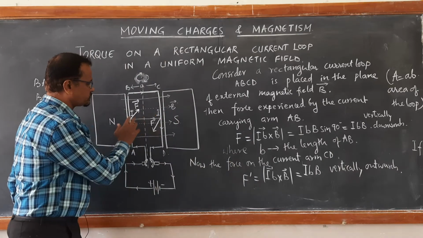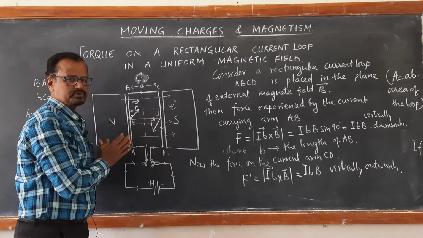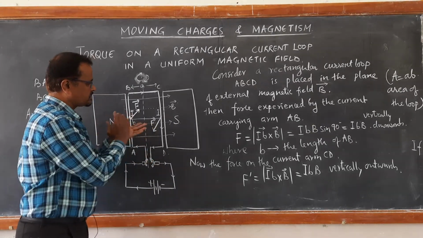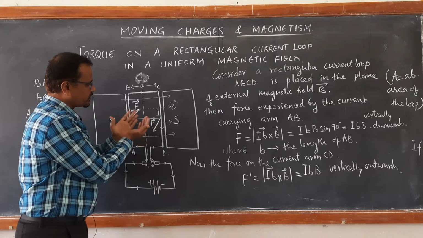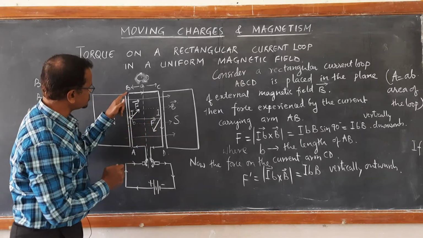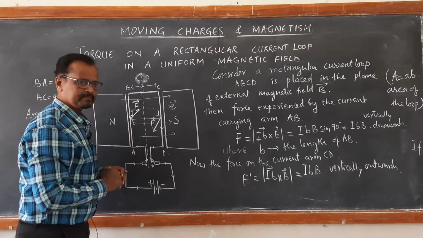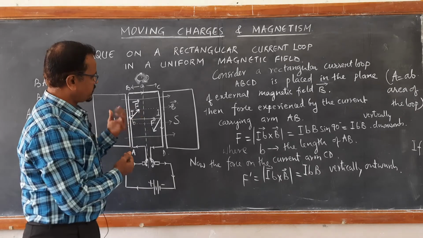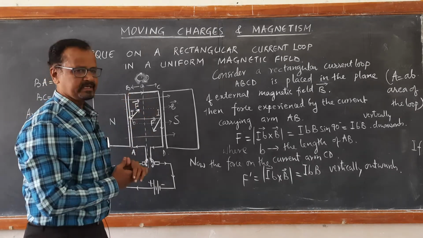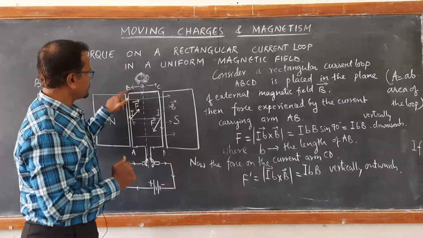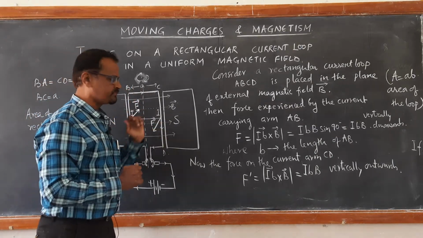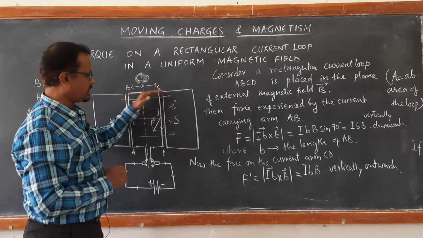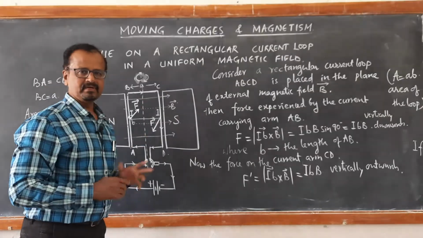So, two equal and opposite forces acting at two different positions constitute a torque. So, they exert a torque on this rectangular loop. As a result, the rectangular loop starts rotating. But what happens to these arms BC and AD? You see, the arms BC and AD in this position of the loop do not experience any force. Reason? What is the reason? BC is in the same direction as that of the magnetic field B. So, the angle between the current in BC and the magnetic field is 0.